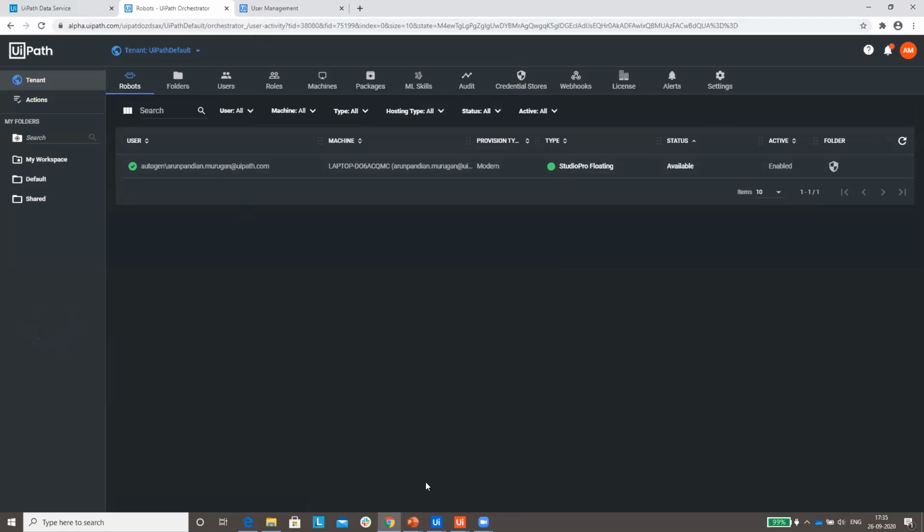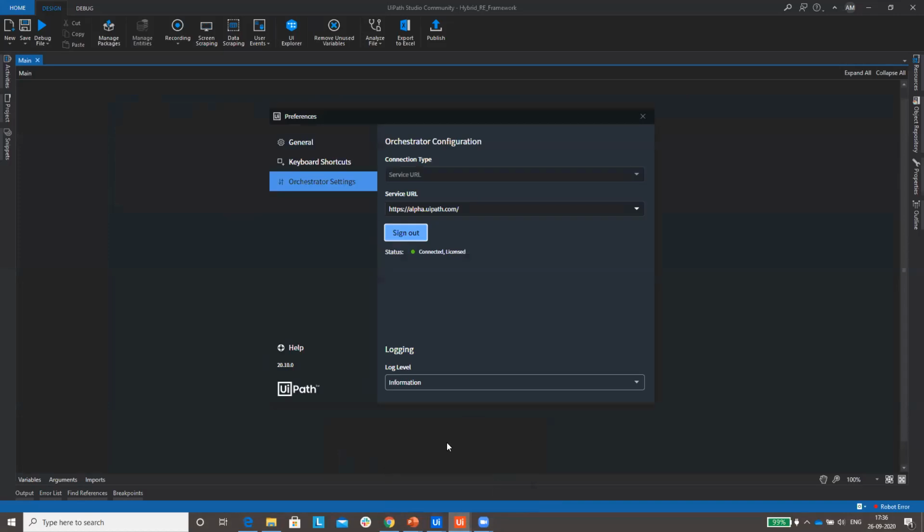That's it. Once I log into alpha.uipath.com, you can see connected and licensed. So this is what I mean by the first sign-in experience.